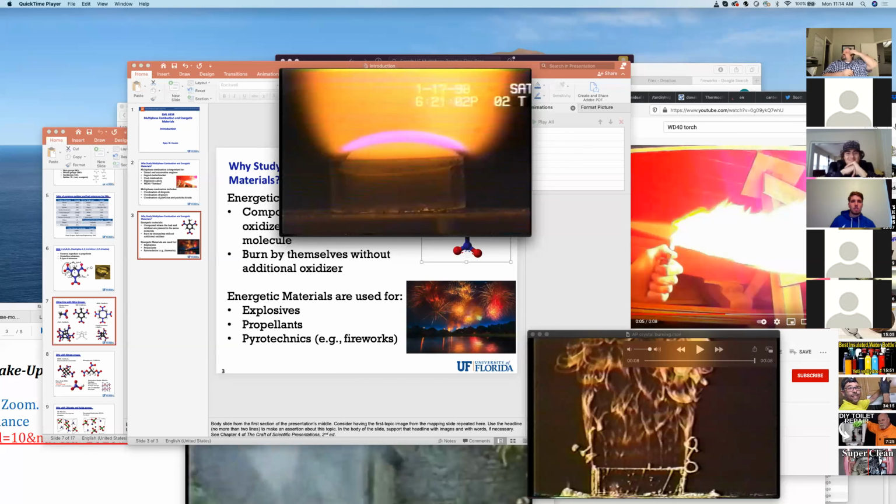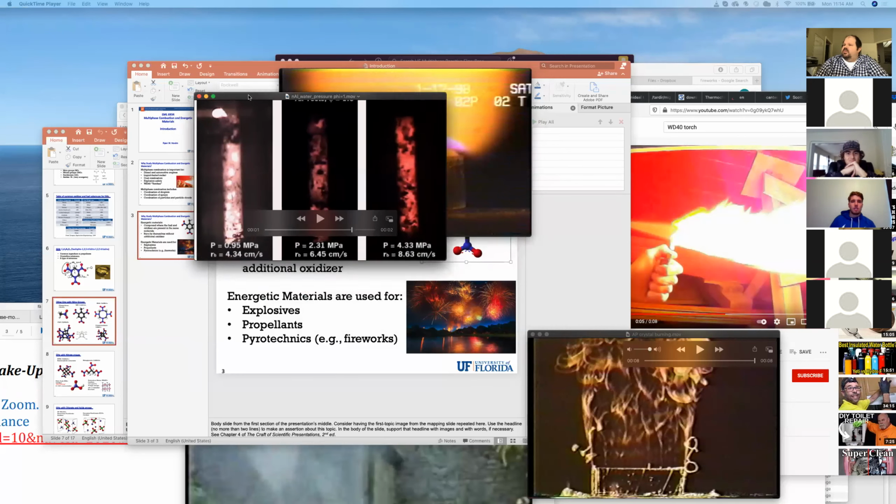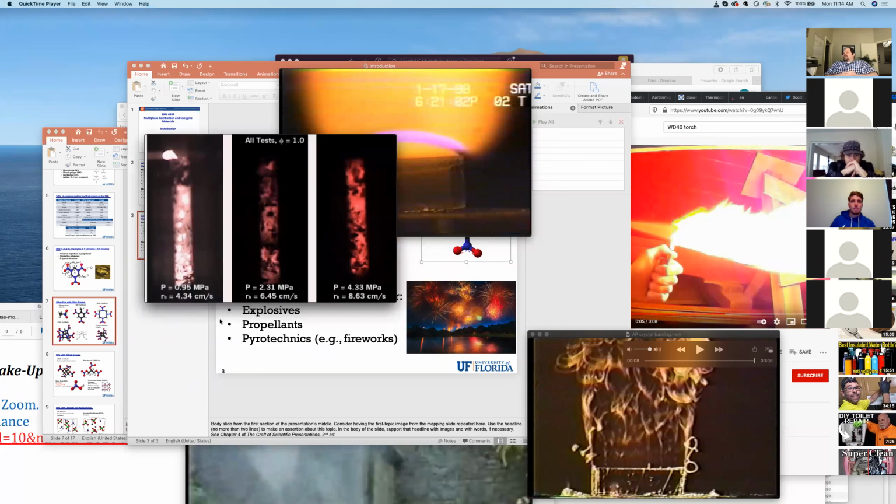And so those are classic energetic materials, but there might be some things that burn that you would normally not think of. So these are experiments. This is a mixture of aluminum particles, or nano aluminum particles, and water. And aluminum particles, basically metals you'll learn in this class, are very good fuels, extremely energetic. And they burn not only with air, or really oxygen, I should say, though they will burn with water very